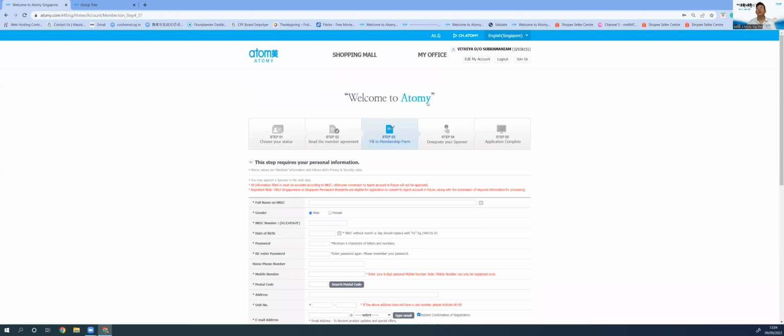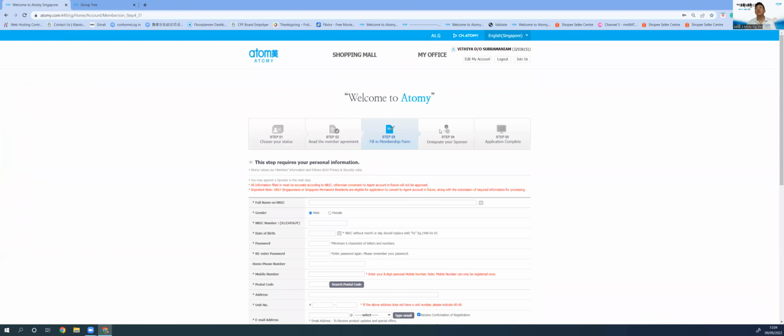Once you confirm, you'll go to the next step, which is to designate your sponsor. So you will give the sponsor ID, which is what we have just seen over here. If you want to branch out here, you give this ID number. If you are branching out here, you give this ID number. Of course, I want to branch out on my own right side at the present moment, so the next member will be on the right. So I give this ID number. After this, you have designated your sponsor, then the application is complete and you will receive